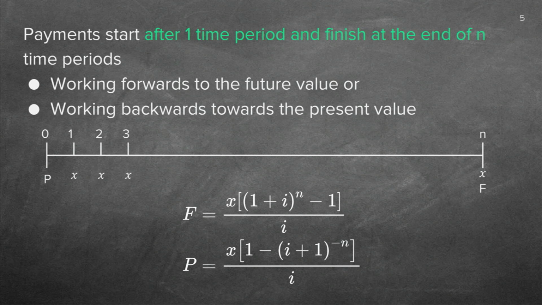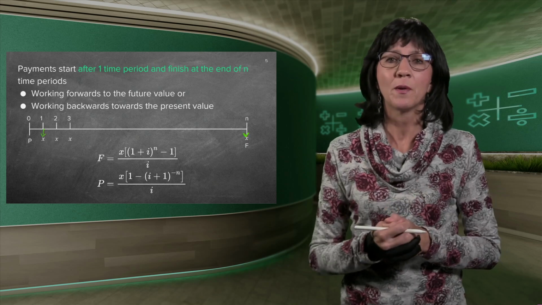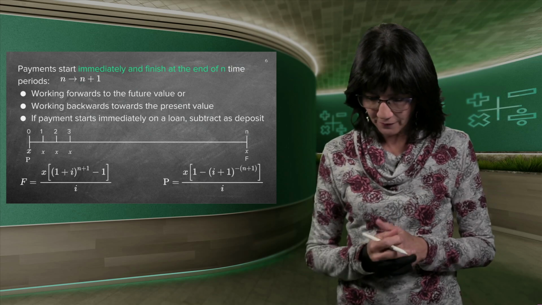That's the normal formulae. If we start our payments at the end of the month and we end, like you see there, we start at the end of the first month, and we stop at the very end, the last payment on the nth payment. So if it's a timeline like this, nothing to worry about. You just write down whichever of the two formulae it is for that specific sum, and you substitute the values.